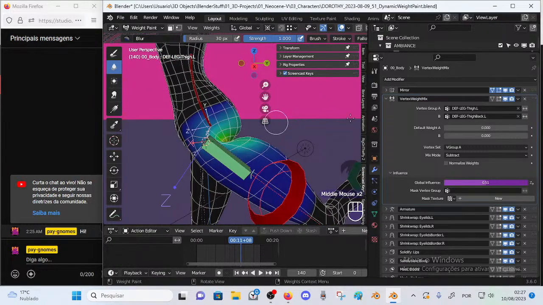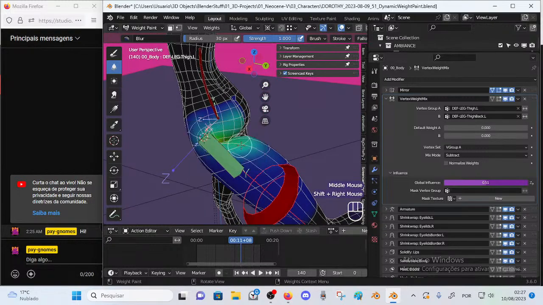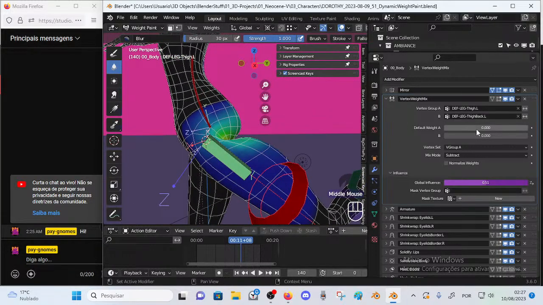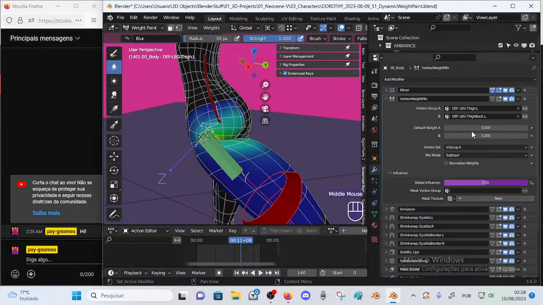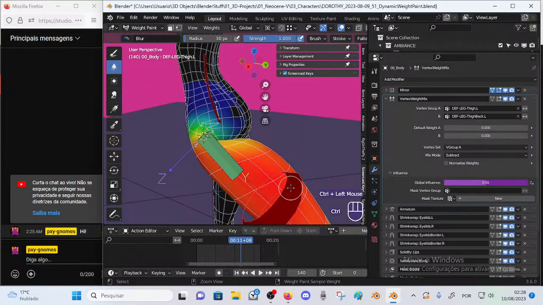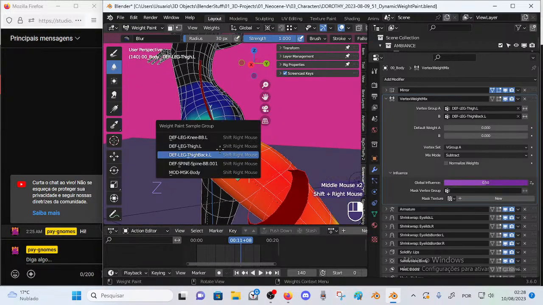It's the one that here is called the vertex group B. It's def leg, thigh back, L. So there's no deformed bone associated with it. It's an orphan vertex group, and it contains these waves that we see. What's happening is that this object modifier will take these waves and make them interact in some way. In this case, it's a subtracting way with the original vertex group from this mesh, which is the def